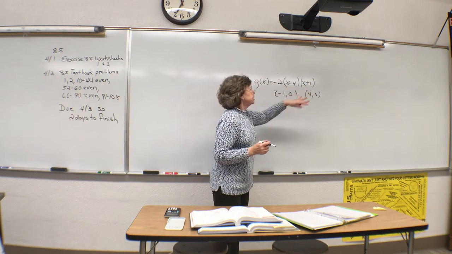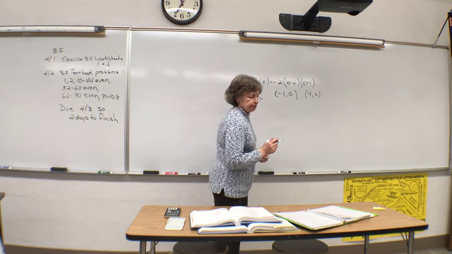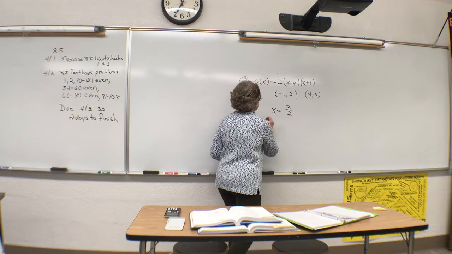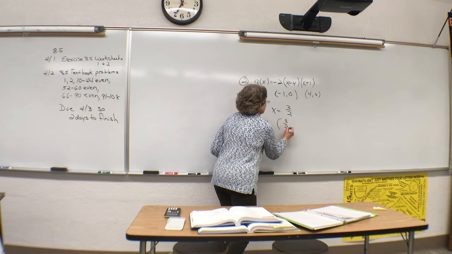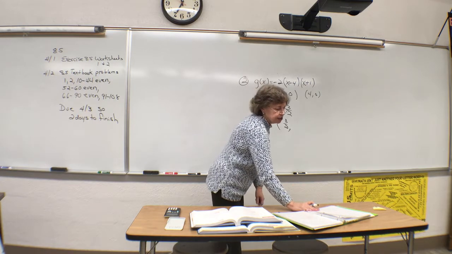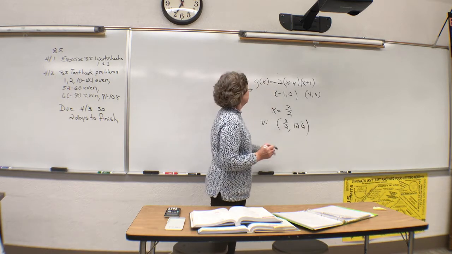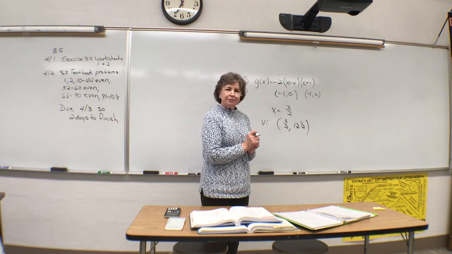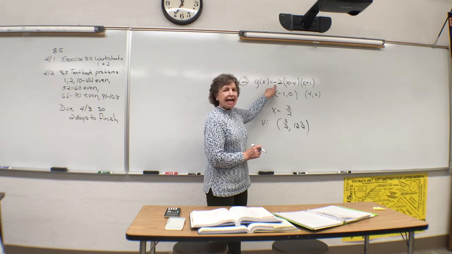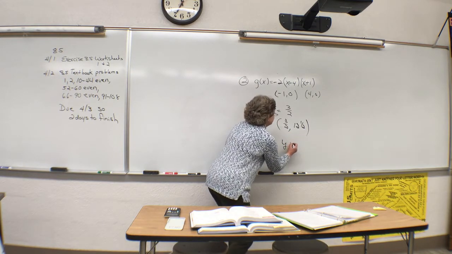I'm averaging 4 and negative 1 together, so when you divide by 2, that's 3/2, and I have an axis of symmetry at 3/2. That means I've got a vertex at 3/2, and we're going to plug 3/2 into this to see what our corresponding y would be. And when you do that, it's 12.5. Check your arithmetic. 12.5. What do you know about domain and range? Domain is the set of all reals, and the range, is this an opening up or an opening down? This is negative, so it's opening down, so this is a maximum, so y has to be less than or equal